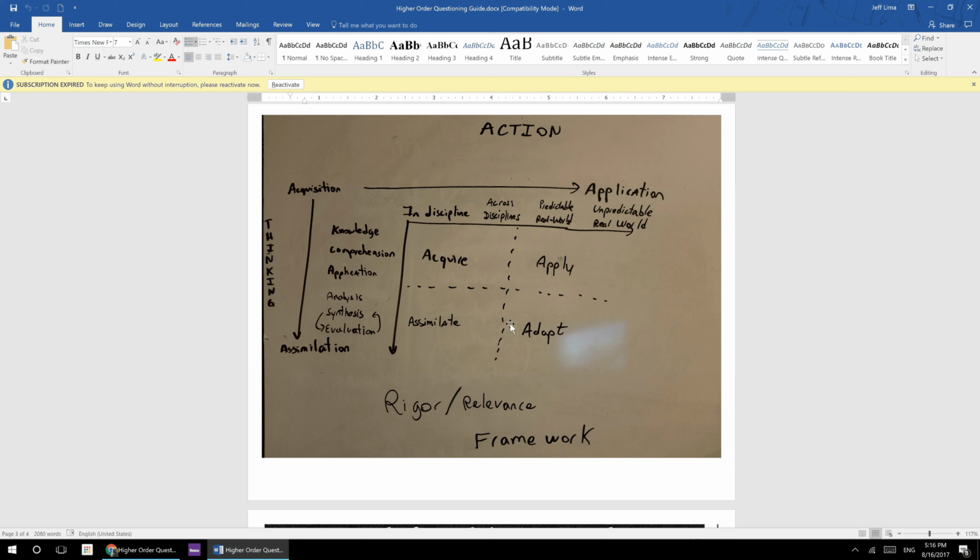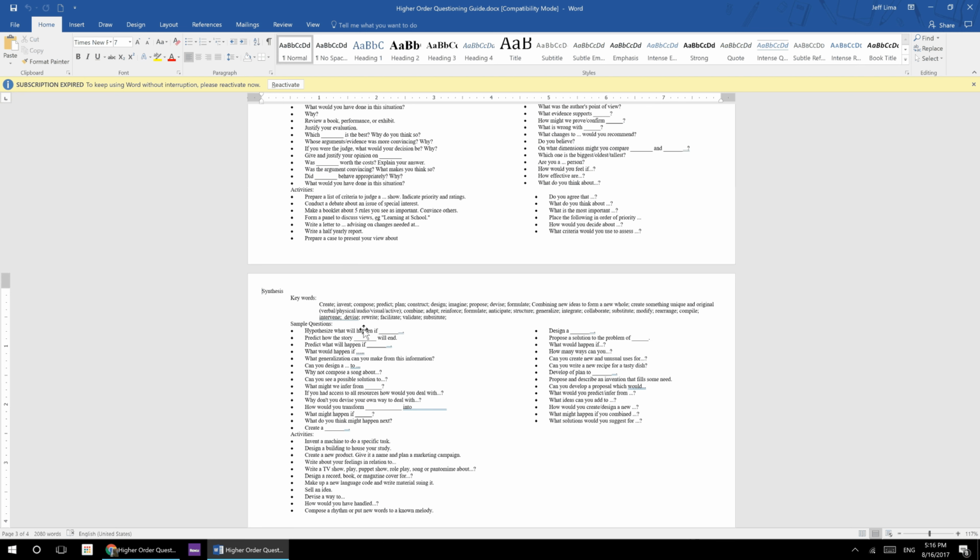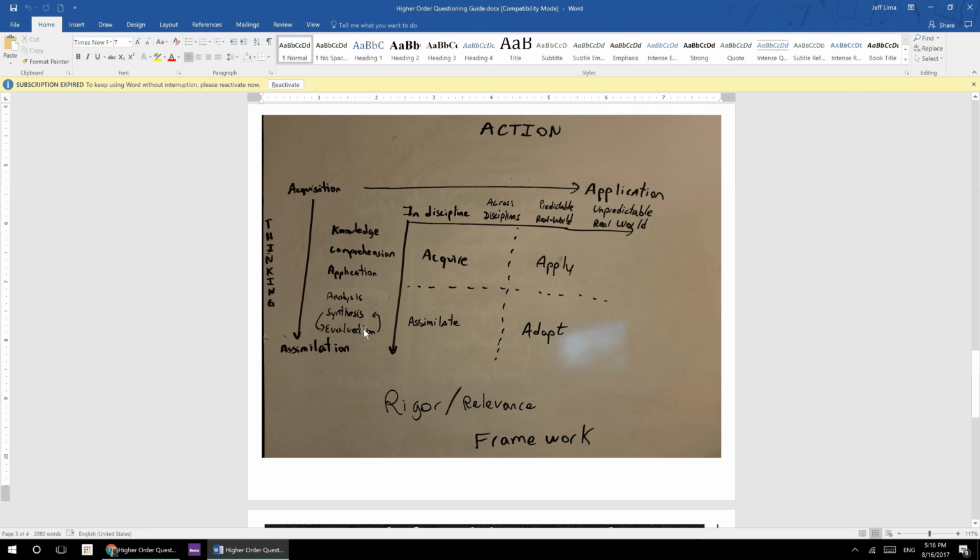The more activities that you work on, which are in this scenario, things which are doing synthesis and evaluation, which you can go back over here to these things to see what kind of activities are like that, and things which are being applied to real world scenarios, especially if they're really weird scenarios we've never heard about before, where we don't really know what's going to happen, unpredictable ones. That's when you're really doing the good stuff.